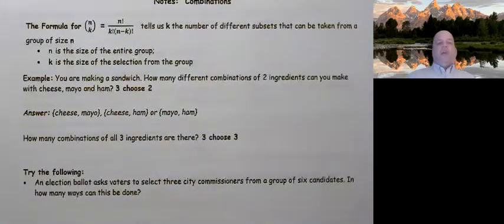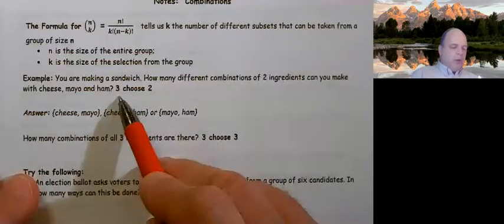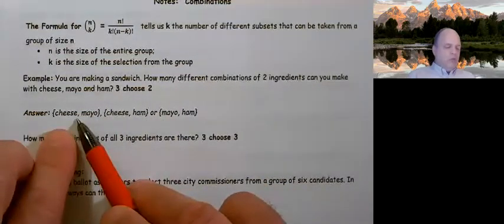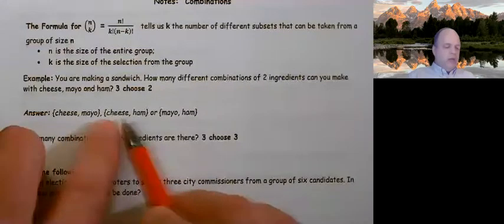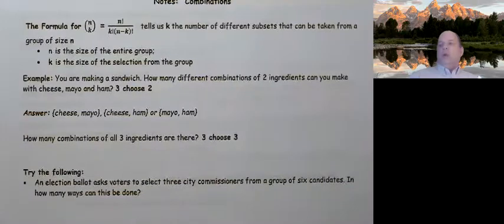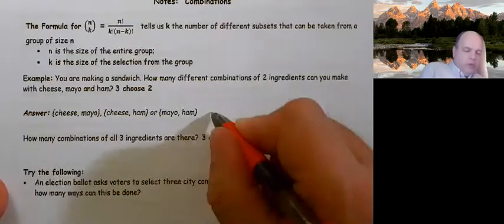So you're making a cheese sandwich. How many different combinations of 2 ingredients can you make with cheese, mayo, and ham? That's kind of a discussion thought, but basically we're working with 3 choose 2. And I can basically choose cheese and mayo, cheese and ham, or mayo and ham. All right? So if I were to do a 3 choose 2,